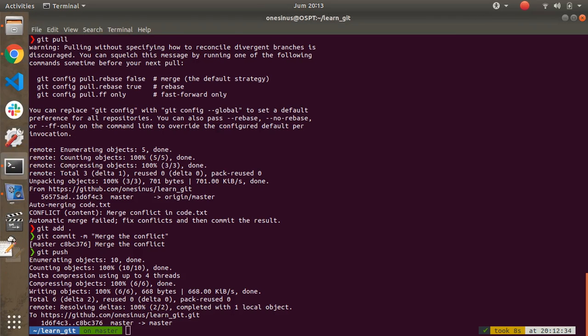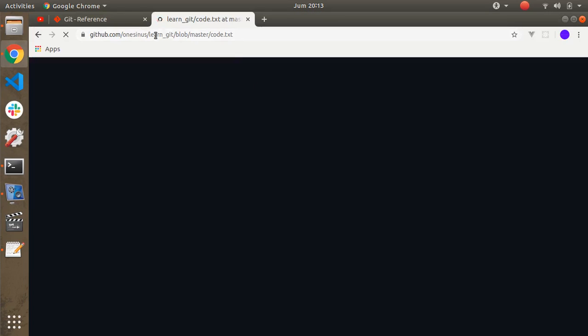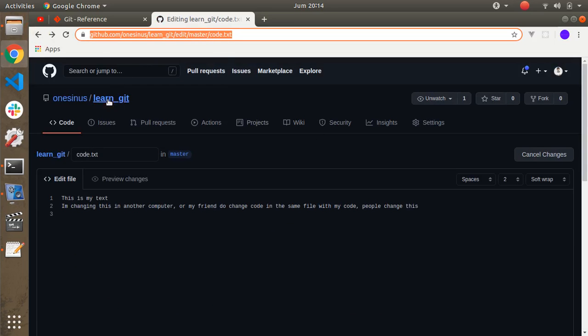And now, how to get the code from the repository for the first time? We can do git clone, and then we can copy the repository URL.